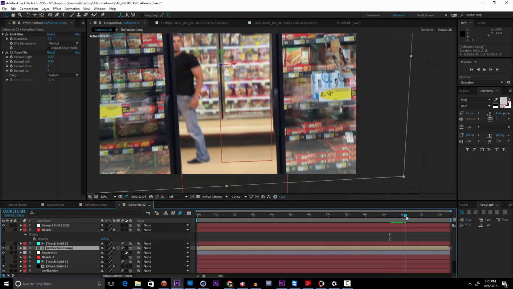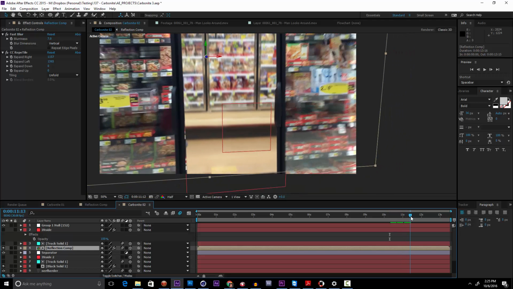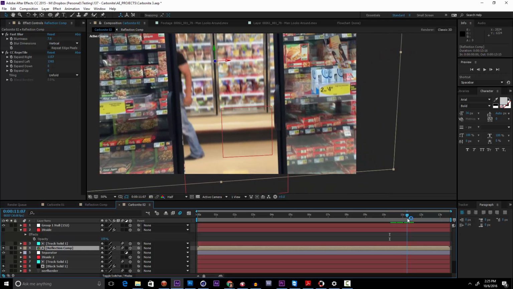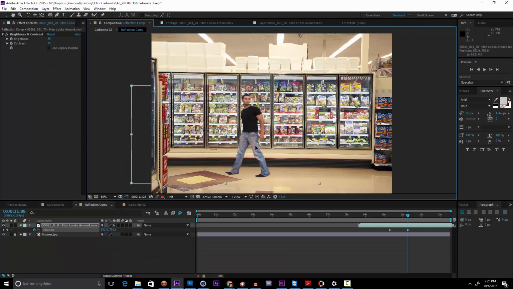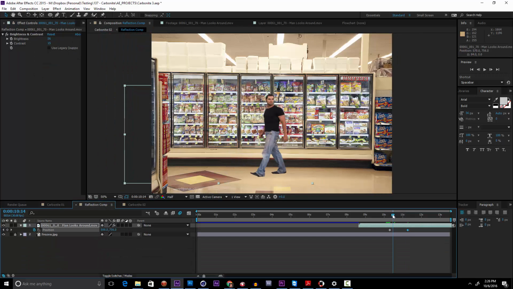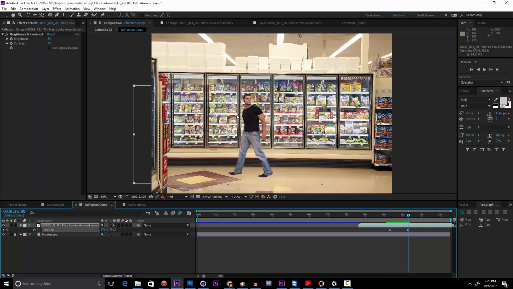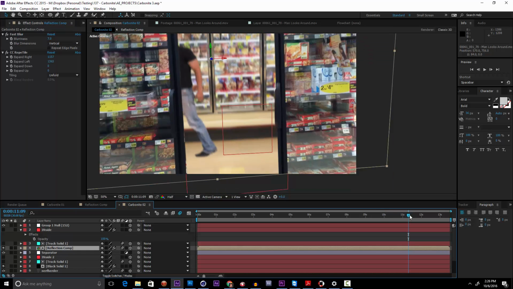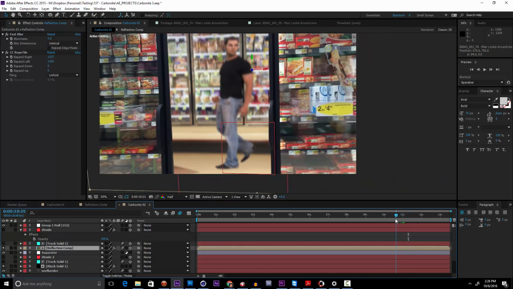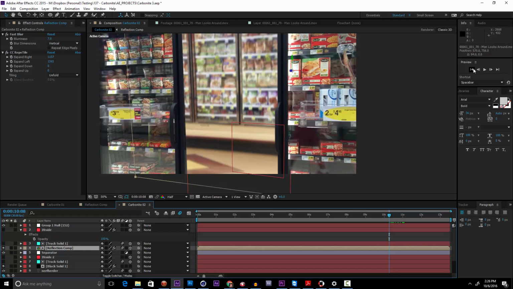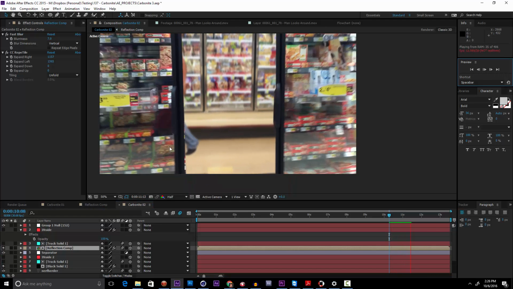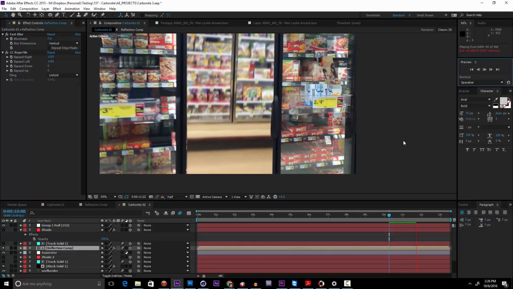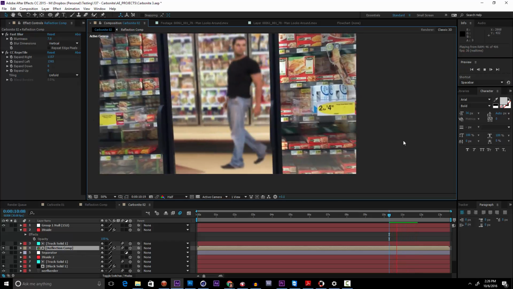And note that by here, he's moved too far, so I'm going to slide him back in here. So he's only moving about that far. It's going to do this little moonwalk maneuver here. And that looks a little bit weird here, but watch how it looks in the reflection comp. It will look like my reflection disappears, he takes another step, and then reflection appears here and continues to walk. That's all good and well, but this is really